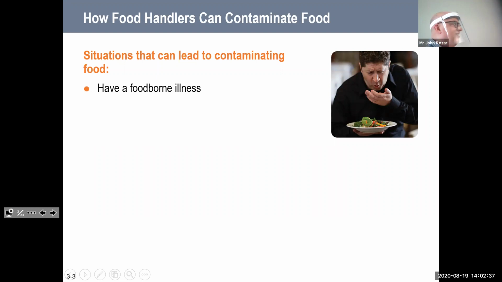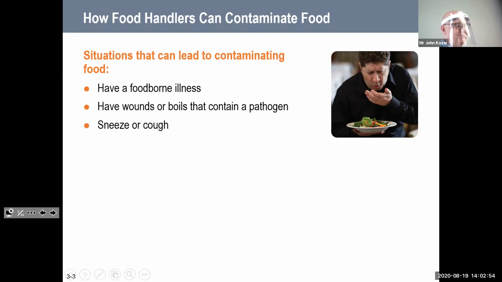So if you're working in a restaurant and you are sick yourself, that's one way to make people sick. If you have any type of a wound or a boil that contains a pathogen, that can make people sick. If you sneeze or cough in the kitchen and liquid particles come out of your mouth and your nose, they land on the food.